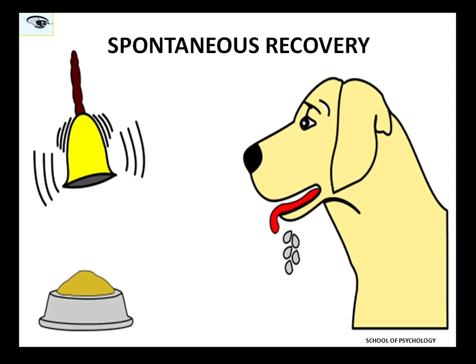So whenever you ring the bell, your dog comes running to the kitchen and sits next to the food bowl. Now, after the response has been learned, or the dog has become very habitual to making this response,